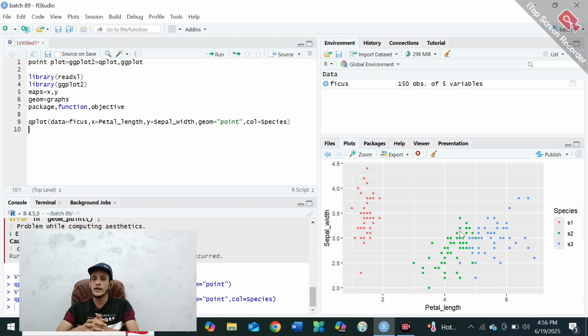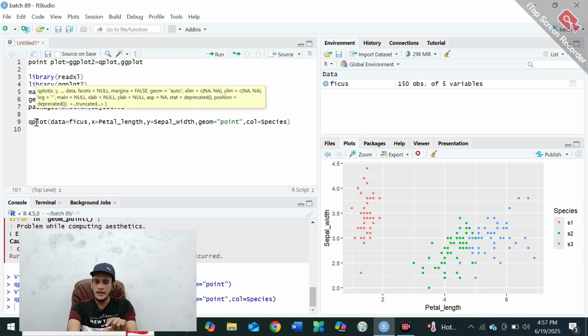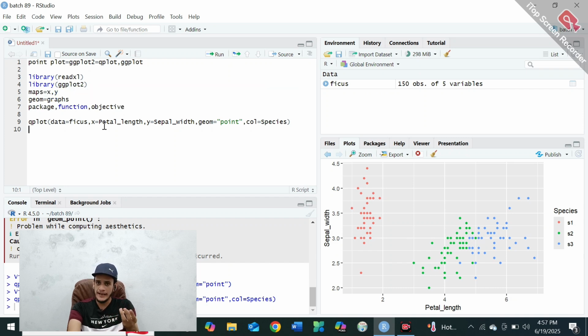So guys, this was our third lecture on RStudio, how we can draw a point plot by using RStudio. What we learned about function, package, and how to write a script. In the script, always the first word will be our function, and our function was qplot. Second word will be our data. Third, map means x and y, and fourth is our geom, which means graph, point. So we are going to draw a point graph. Okay guys, so it was our third lecture.